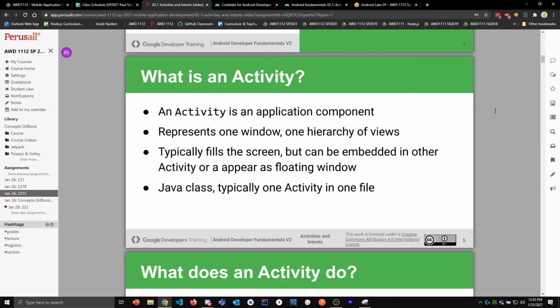So you can think of it as a container for your business logic, whereas the layout is the actual UI. And in general, your activity should know as little as possible about the UI. You are obviously going to have to know some things, say if you want to disable or enable a button, or pull the text out of a field. But you want to keep it as divorced as possible